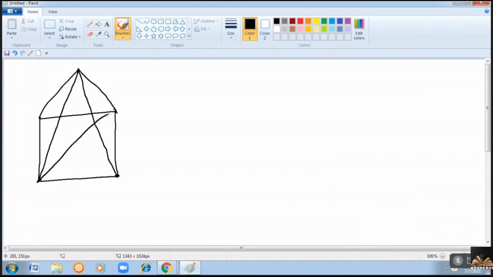Now consider this graph. Here in this graph also we have many edge crossings, right? There are many edge crossings. 1, 2, 3, 4, 5 edge crossings were there, right? Therefore, I'll try to redraw this and I'll check whether we have any.